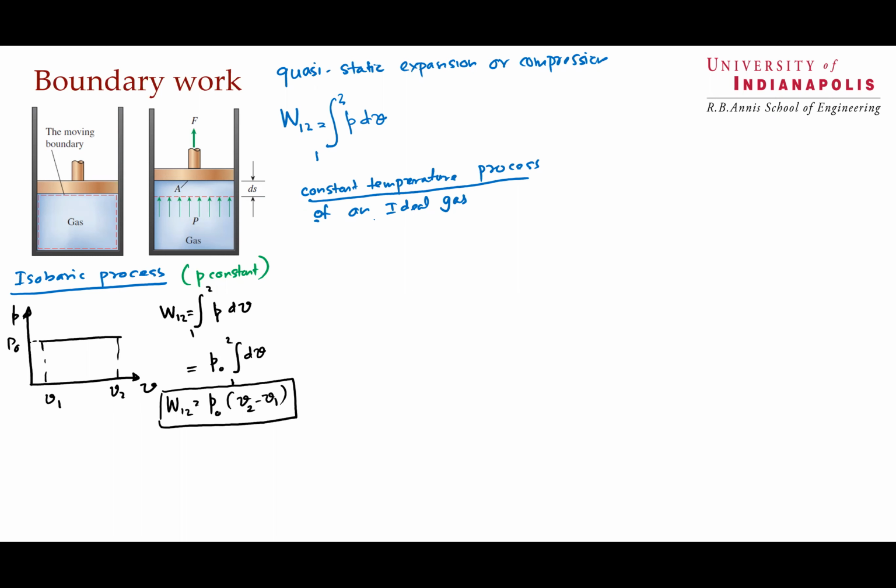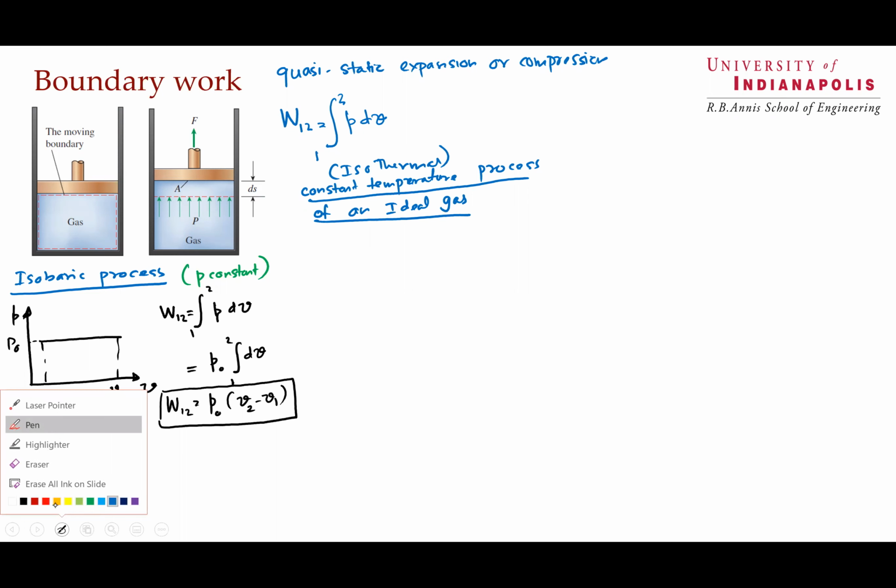Please remember that this is not true for any other substance. It's just a constant temperature process. So, isothermal process of an ideal gas. Constant temperature is also known as isothermal process of an ideal gas. So if you have an isothermal process of an ideal gas, you know that